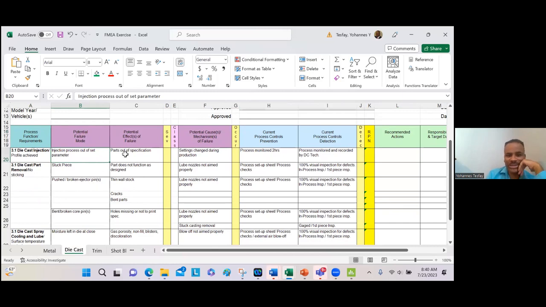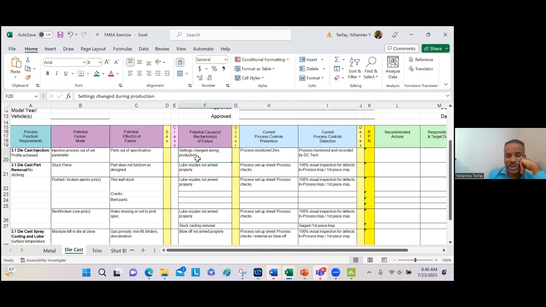Okay የሚያስከትለውስ ደግሞ ምንድነው parts are out of specification ይሆናሉ ስለዚህ ይሄ ሲቪሪቲው ምንድነው የሚሆነው በጣም ሃይ ነው የሚሆነው. occurrence okay then setting, this one is potential causes ይሄንን ኮዝ ሊያደርገው የሚችለው ምንድነው